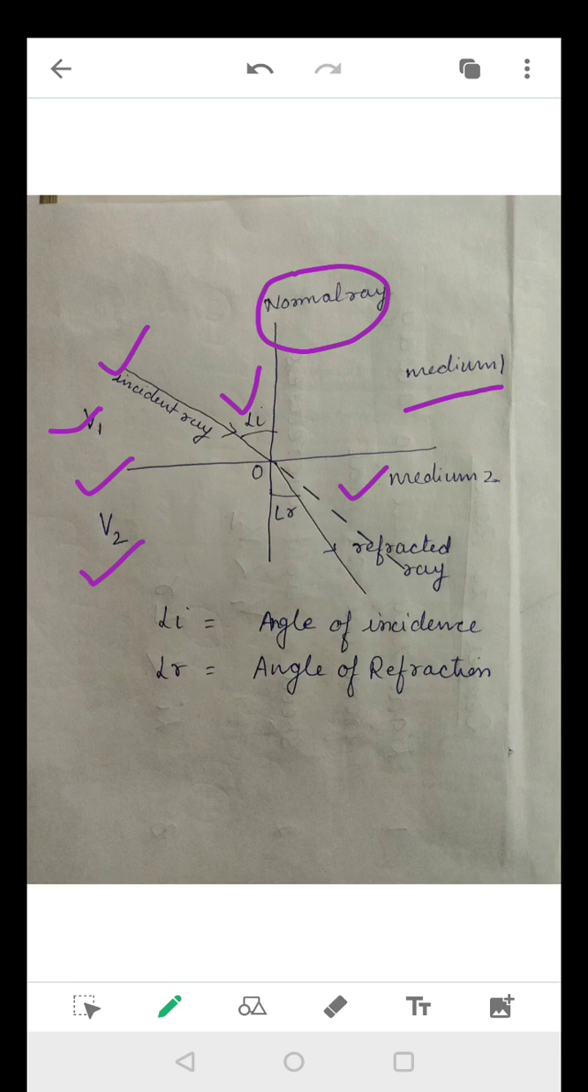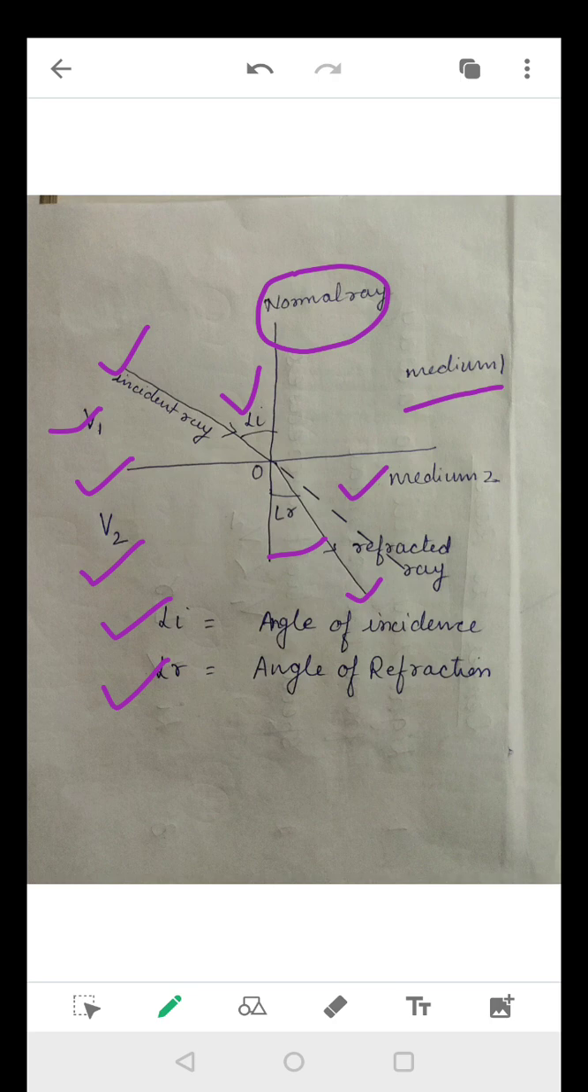So what does this line indicate? The original path of light. But light is going in this way, right? So this is your refracted ray. And the angle between the normal ray and the refracted ray is angle R. So angle I is your angle of incidence. Angle R is your angle of